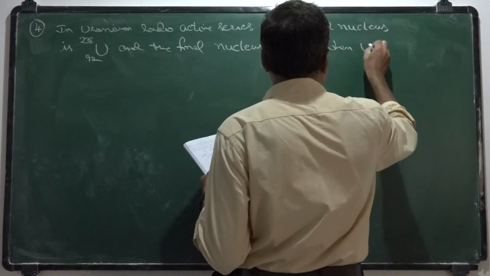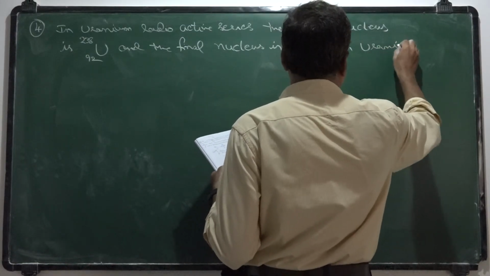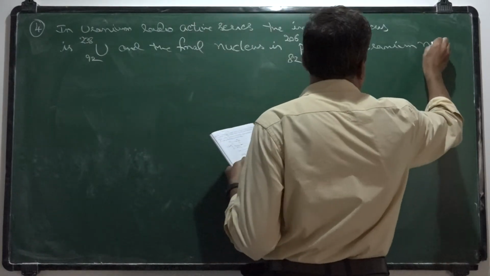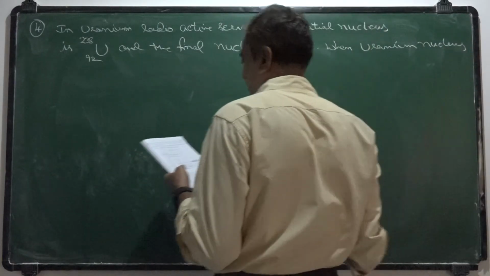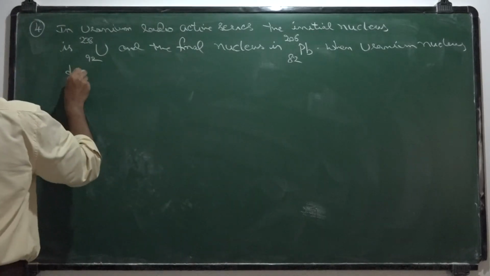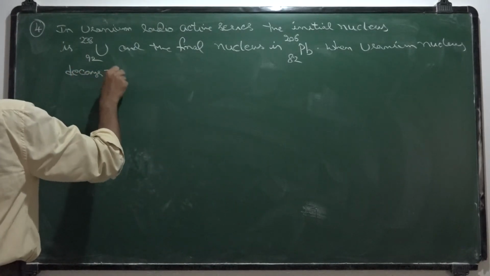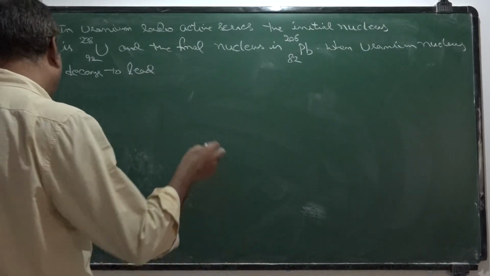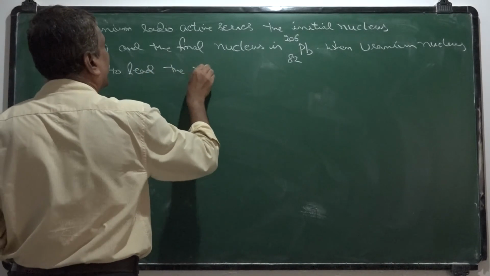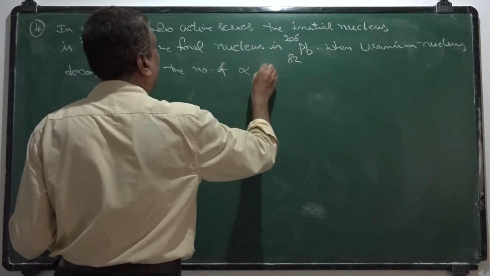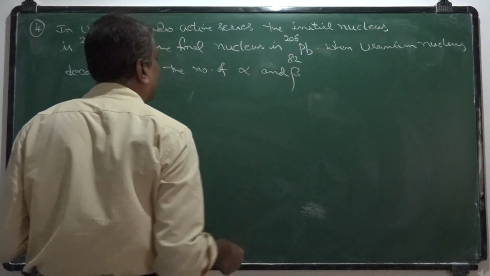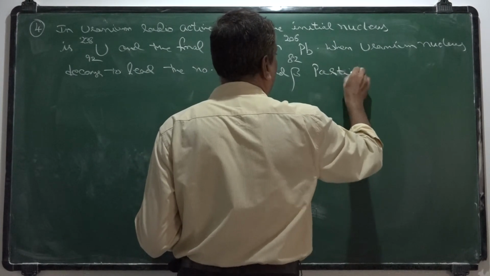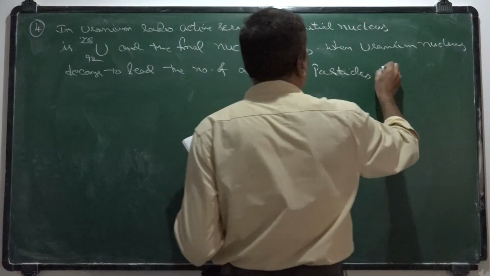When the uranium nucleus decays to lead, the number of alpha and beta particles emitted are